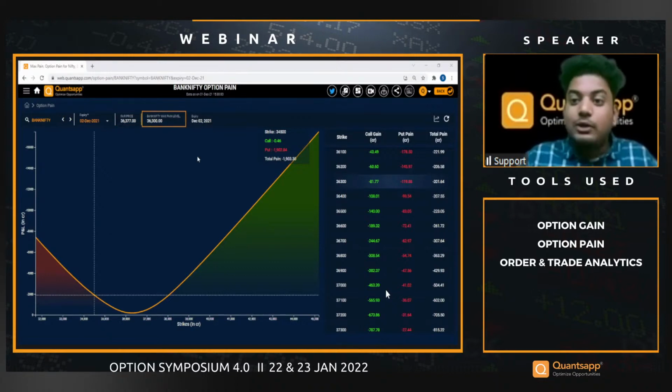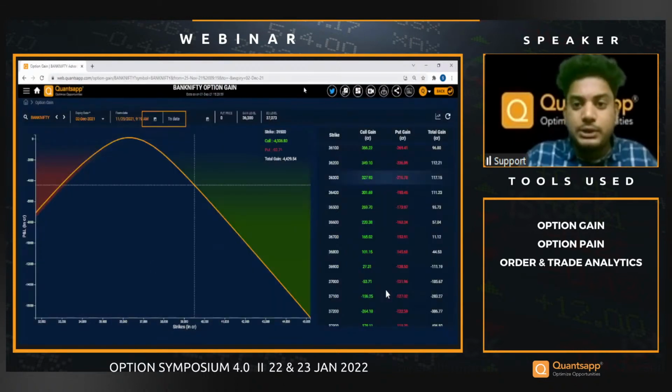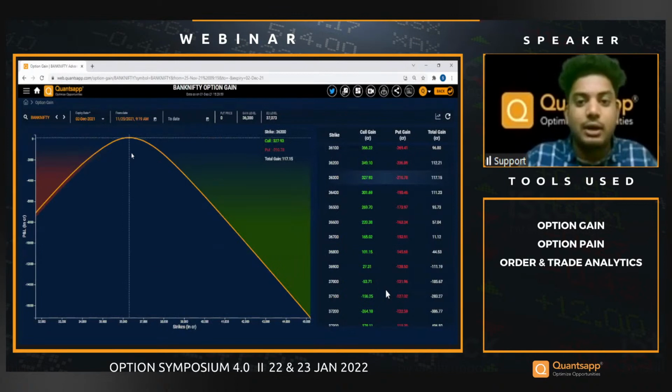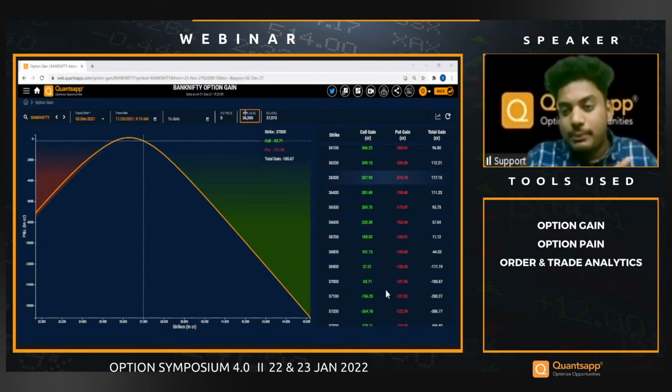But we can enhance the max pain even more using the premium algorithm here, which is option gain. What does option gain tell us? Option gain shows me exactly where the max pain level is placed. Option gain and option pain are at the same level. So what is option gain? It is the max pain level. It shows us where exactly the call and put writers are making the most money. At this level, what we saw in max pain, the gain level is exactly the same.